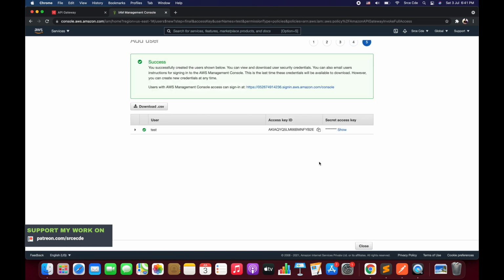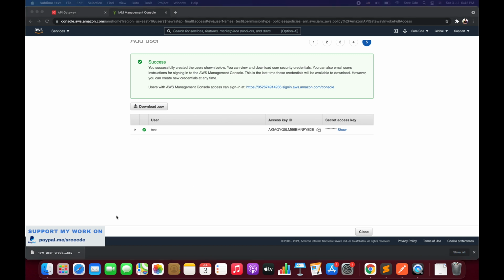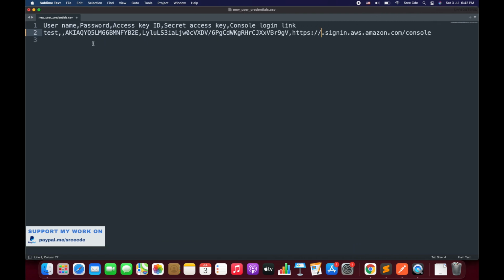Now once the user is created, it will prompt for the access key ID and the secret access key. So you need to download the .csv file, which will contain basically the secret key and the access key. So now I'm going to open this CSV file. So let me quickly pull that in. So here we have the access key and the secret key. Apart from that, we have username, password, and the login link. So this is the access key and secret key that we are going to use to sign the request